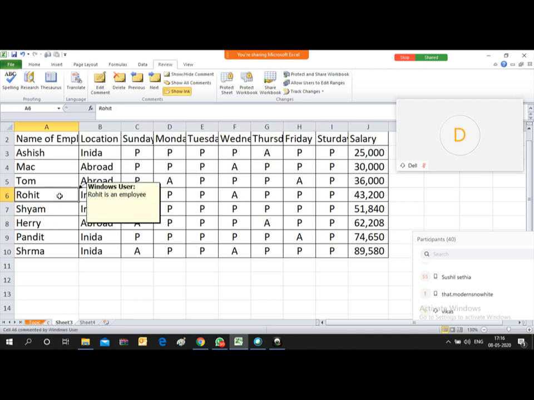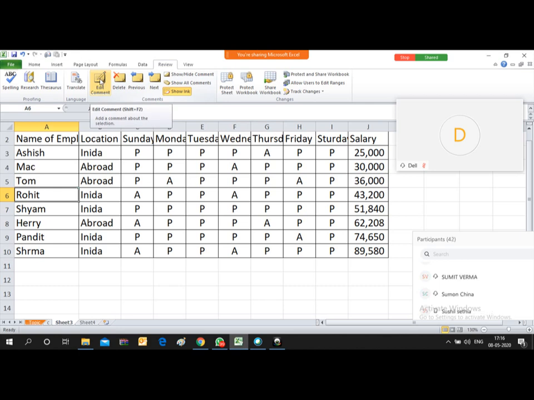Once you have entered one comment in a cell, you can enter comments in multiple cells as per your choice. If you want to edit a comment, you can again go to Review. If there is a comment in that cell, you will find the Edit Comment link.